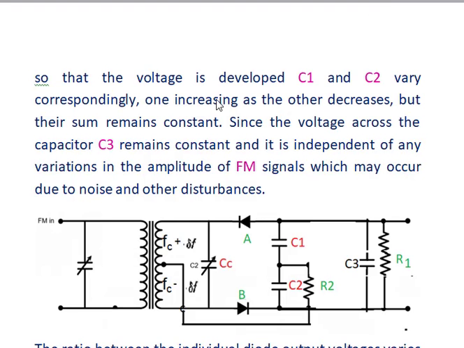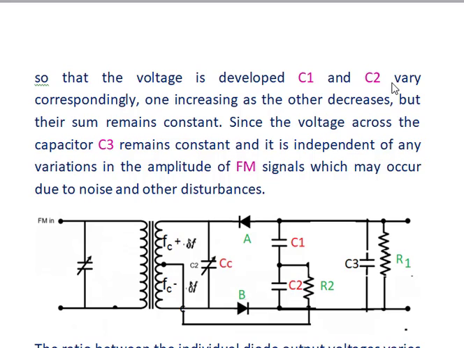So the voltages developed across C1 and C2 vary correspondingly. If the voltage in C1 increases, the voltage in C2 decreases. If the voltage in C2 increases, the voltage in C1 decreases. So one increases as the other decreases, but the sum